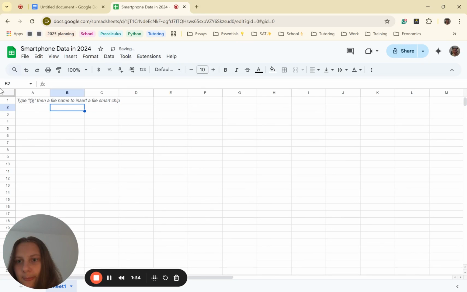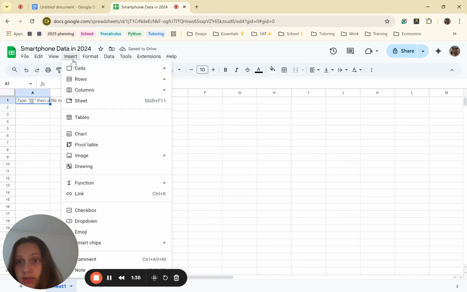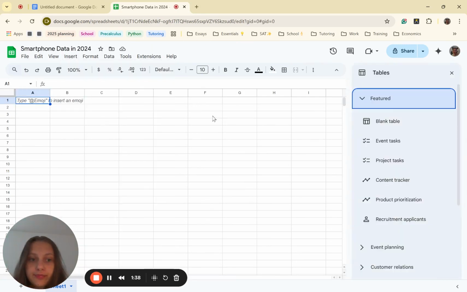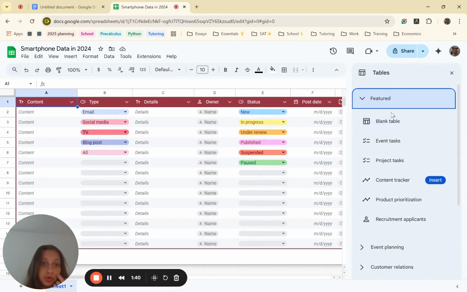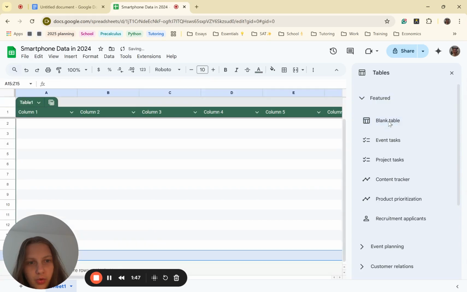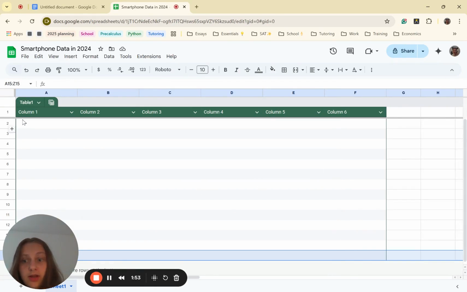And then we can insert a table. And this is Google Sheets. I don't know if Excel has more functions, but I really like Google Sheets because they have very interesting stuff and they updated many things. So let's do table.